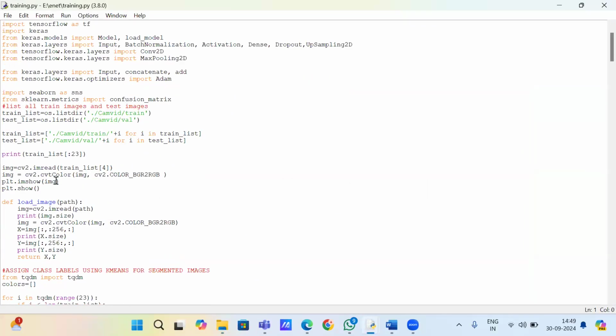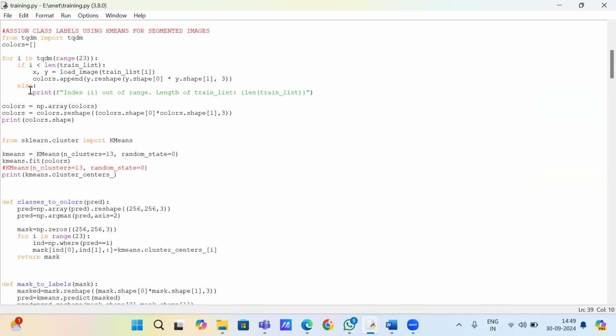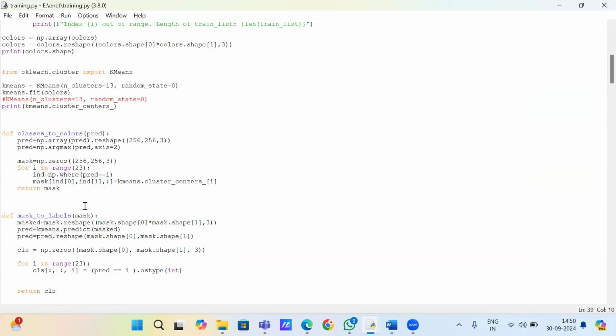This is our training code. Here I will load the image. Here it will change all the width and size into one form, and then we are giving it into an algorithm. Here we have done segmentation, and here we have mapped the classes to colors. For every color there is a class, which is represented here. And then we have marked it as a label.